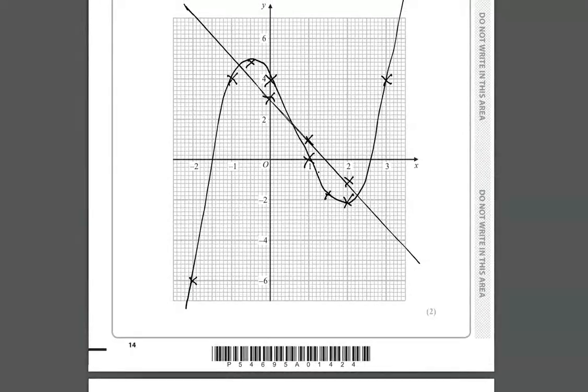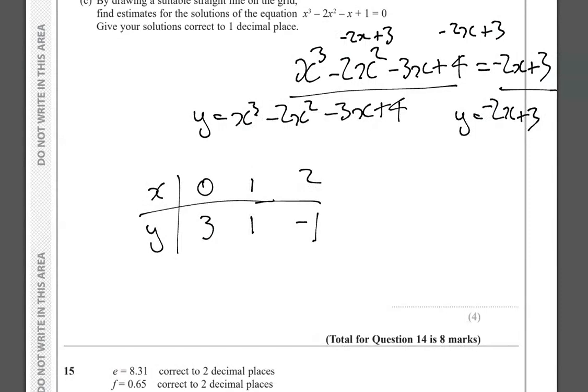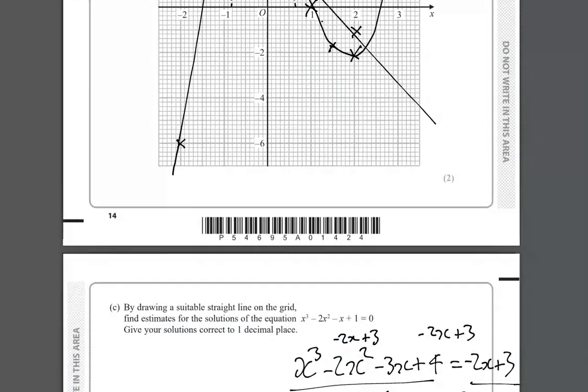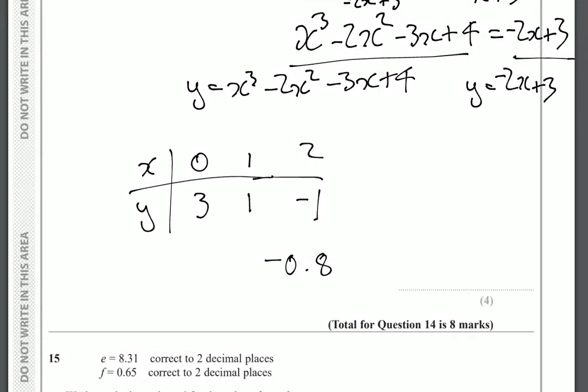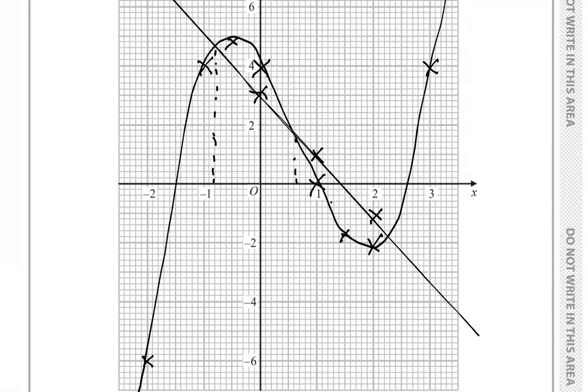On my graph we've got that one, which is minus 0.8. And here we've got this one, which is positive 0.6. And this one,